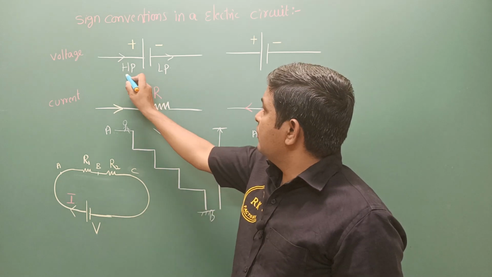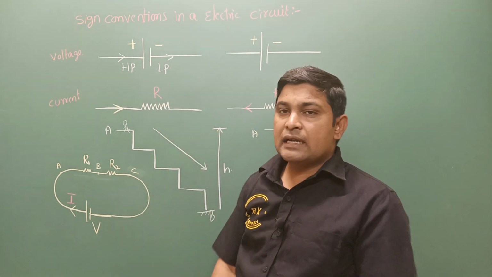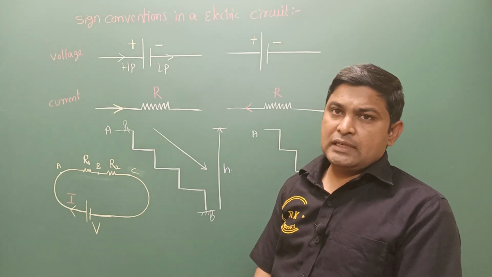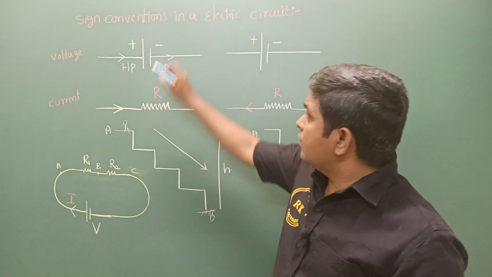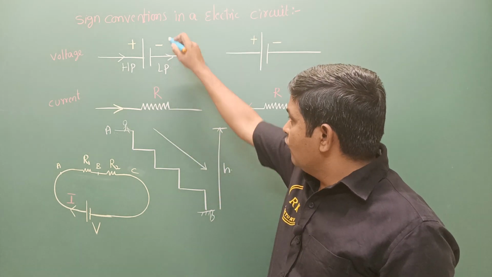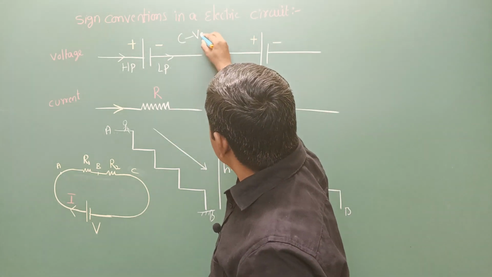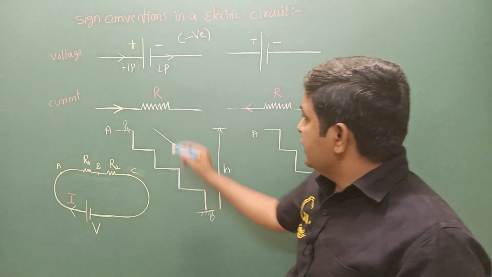Then it is moving from higher potential to lower potential, meaning is it going to lose energy or gain energy? Surely it is going to lose its energy. Then what sign convention are you going to take? The sign convention for this one is a negative sign. Are you getting it? It is a negative sign. In case of